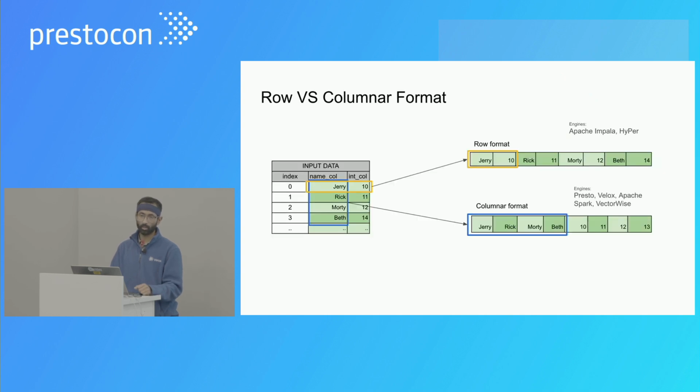So I talked about that Velox is a vectorized query engine. To do that, it actually stores data in a columnar format in memory. And here, this is a quick comparison of row versus columnar formats, which are two different formats that data engines typically use. And here you can see for a columnar format, it basically takes all the values in a particular column and then puts them in one contiguous block of memory, and then puts these columns side by side